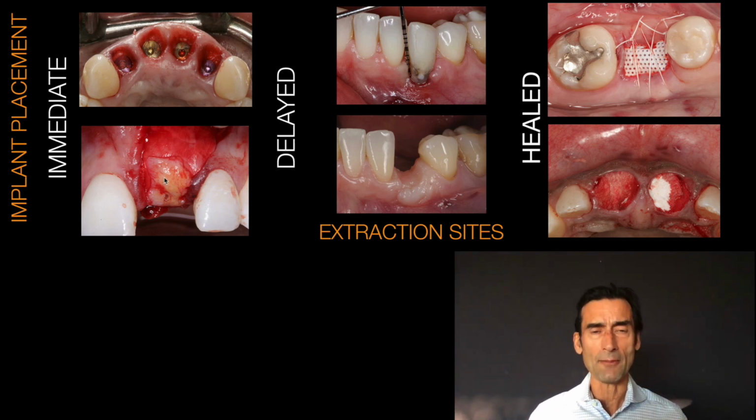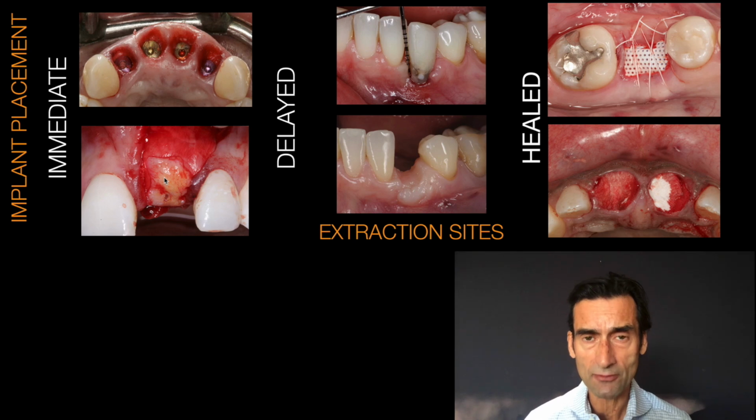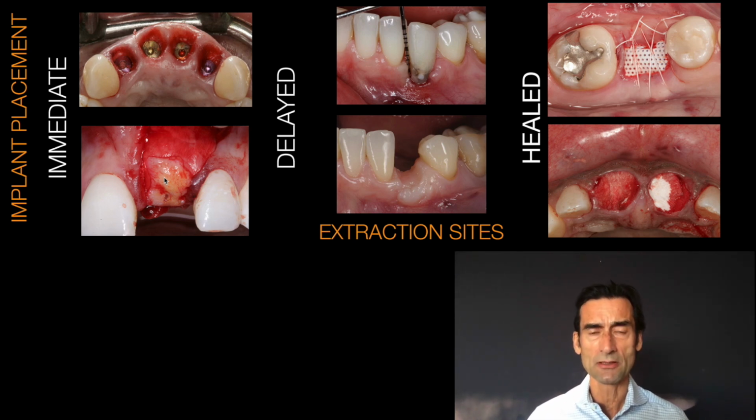I had to raise the flap because the buccal plate was not in existence. But what I chose to do is, because there was sufficient apical bone and sufficient palatal bone, I could place the implant quite safely and in a really optimal position, straight up and down. I placed an implant and placed now a bone graft following the GBR principles, layering technique, covered with a resorbable